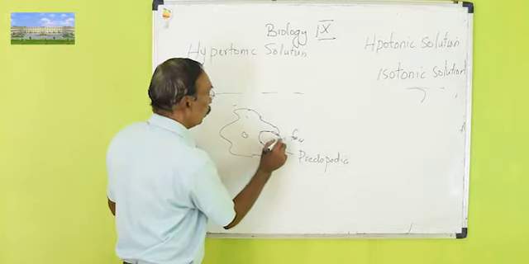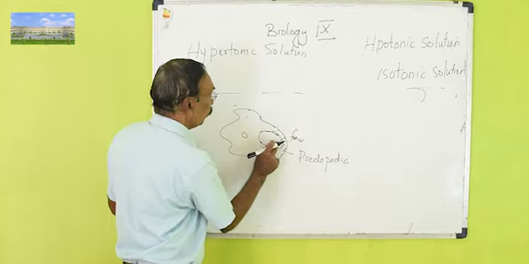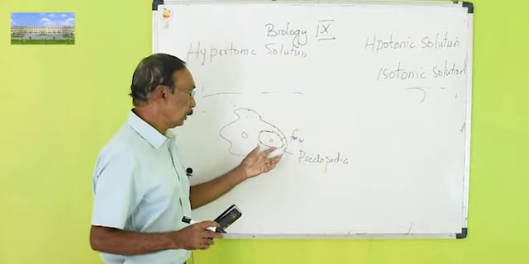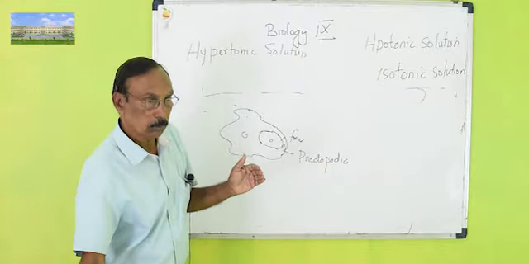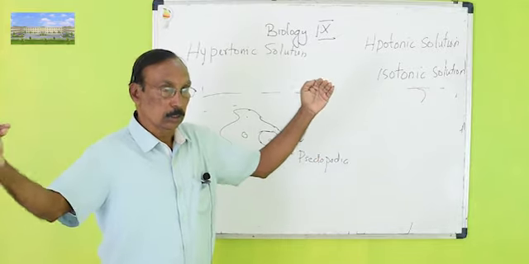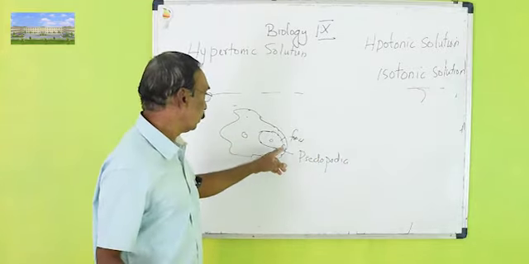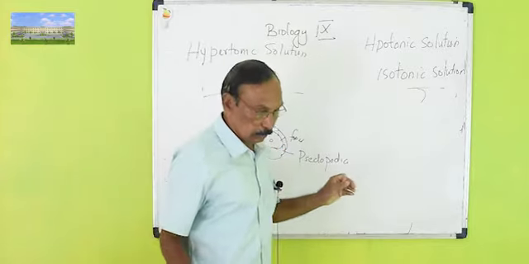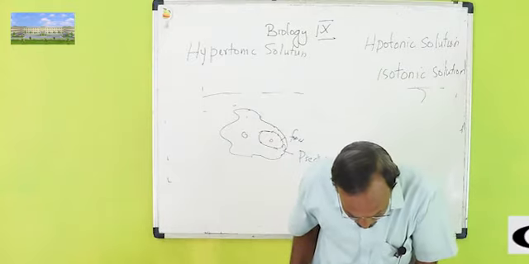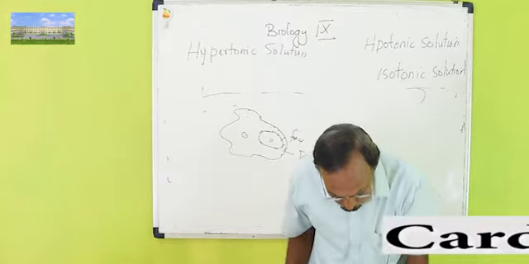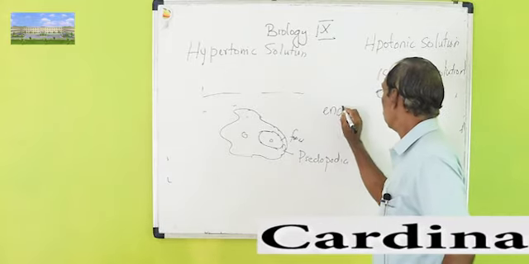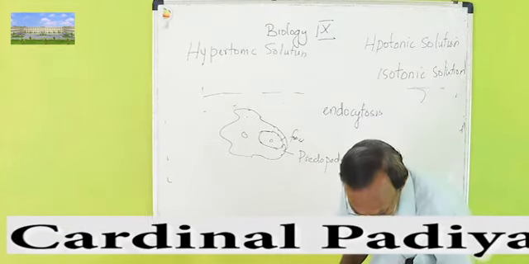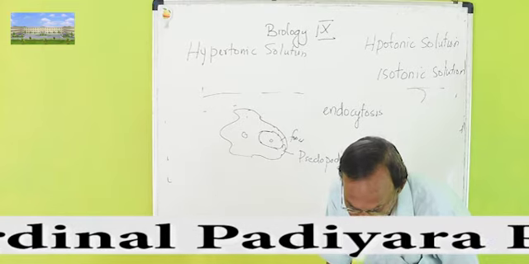After some time these two ends will go and meet together, and the food particle will be inside with a drop of water, in a food vacuole. This is how amoeba feeds. The amoeba covers the food from all sides with its cell membrane, and the food will be inside. There is a name for this kind of feeding. It is called endocytosis. So you can see endocytosis in amoeba. This is the way it gets food.